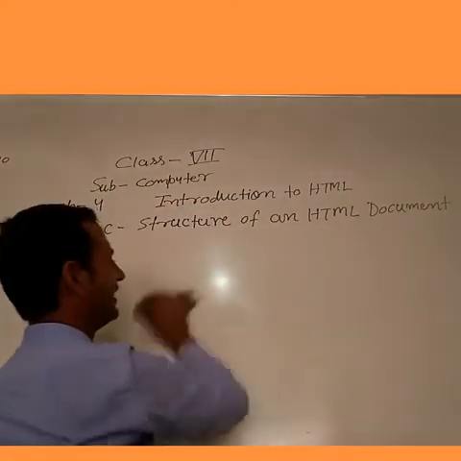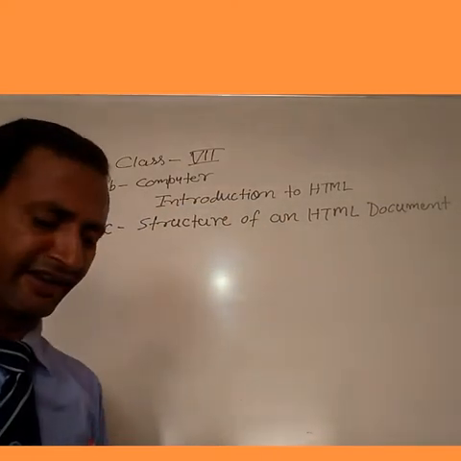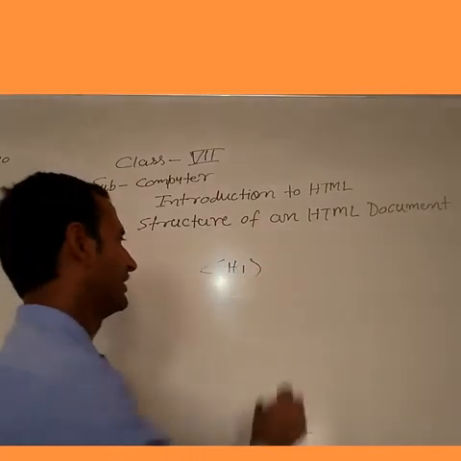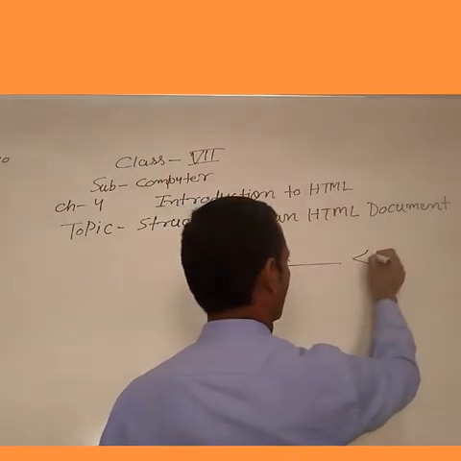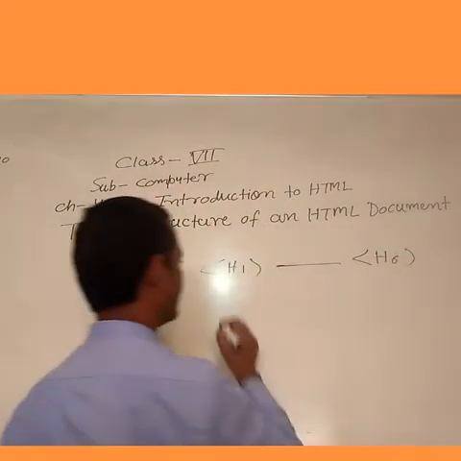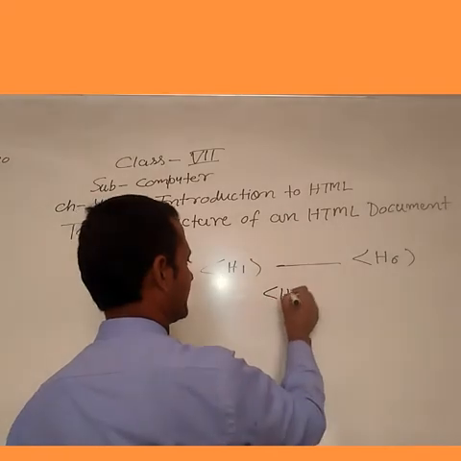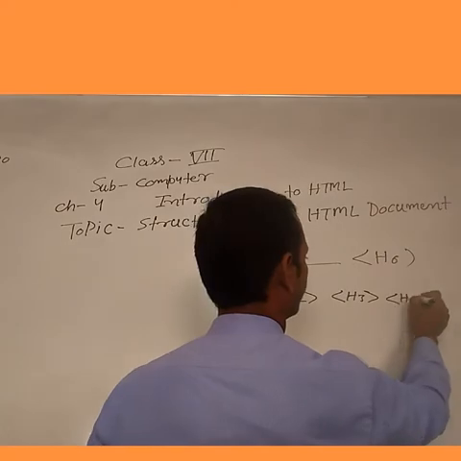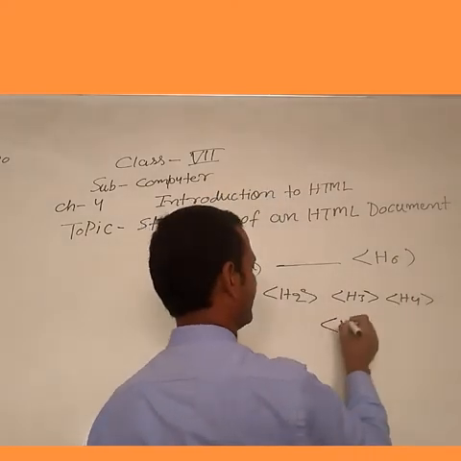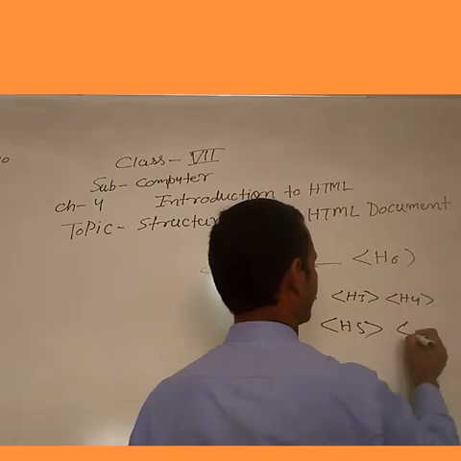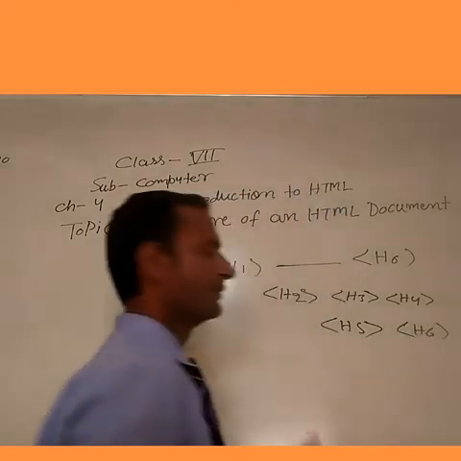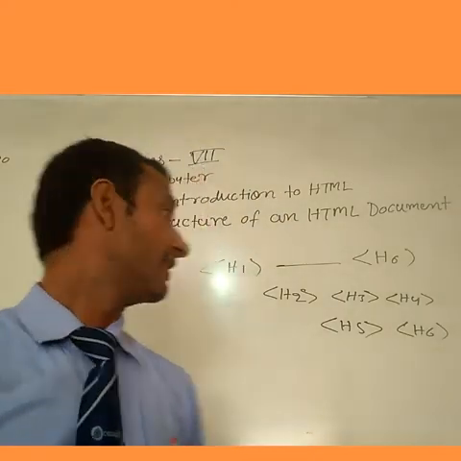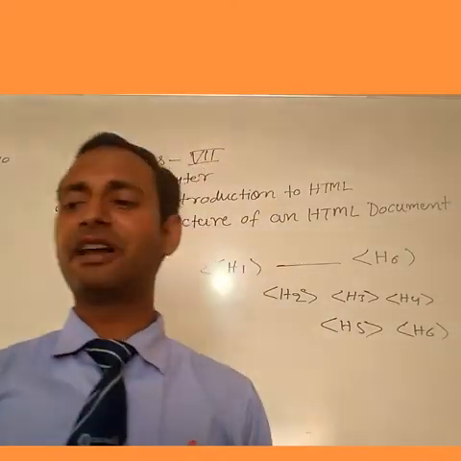Suppose we have to define a predefined heading in HTML. There are some HTML headings, defined by the tag H1 as the first, and H6 as the last: H1, H2, H3, H4, H5 and H6. This is a container tag, so it also has a closing tag. And there are 6 levels of heading.